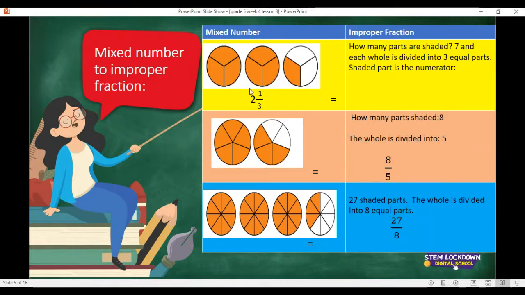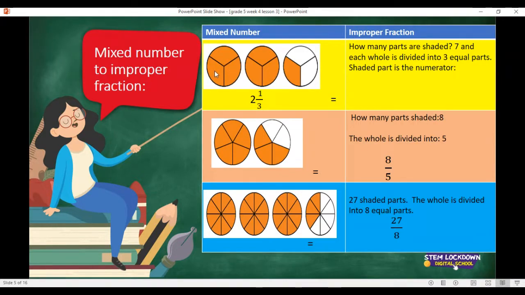So you guys are going to do this one for me. See, I didn't write any answers because I want you guys to participate. So here we have how many whole numbers. So how do we see a diagram that is a whole number? We say that a diagram that is a whole number has all the parts shaded. So how many parts are shaded here? We have 1, 2 full circles that are shaded. And then we also spoke yesterday about